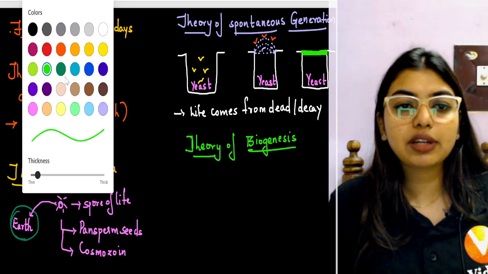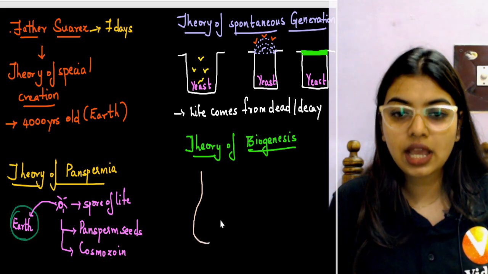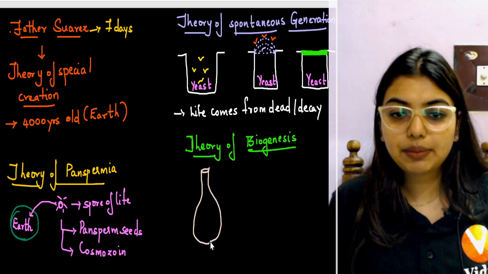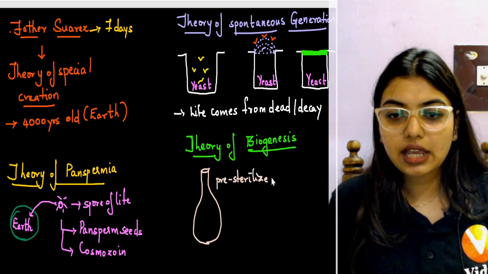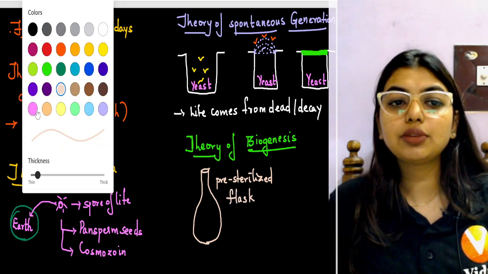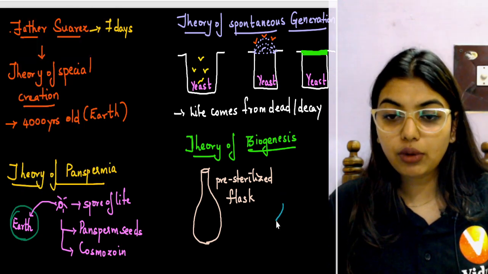Now his experiment also, students, there was a sterilized flask, as mentioned in NCERT. You can see there was a sterilized flask. In that pre-sterilized flask, he noticed that there was no growth of any microbes. Same thing he did again with a swan neck. I think all of you would have heard of the swan neck. So in the swan neck, what he noticed was